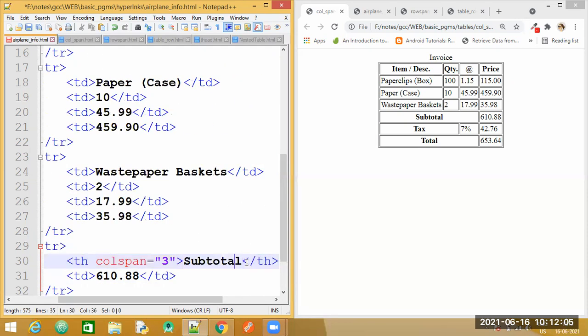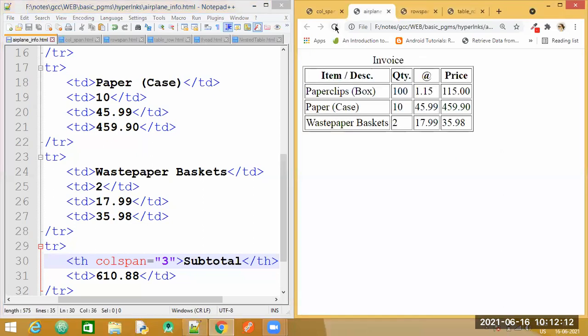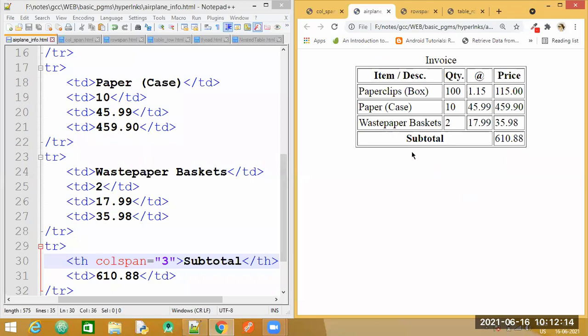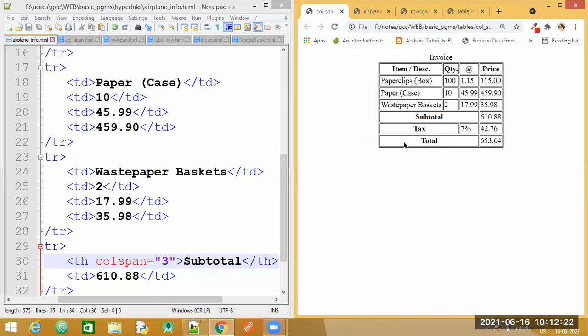So this much is done. Let us save this and refresh and check if the changes are implemented. So see, we are able to move the table to the center of the page, and also we are able to merge these 3 columns into a single column. Similarly, we need to create the last 2 also.